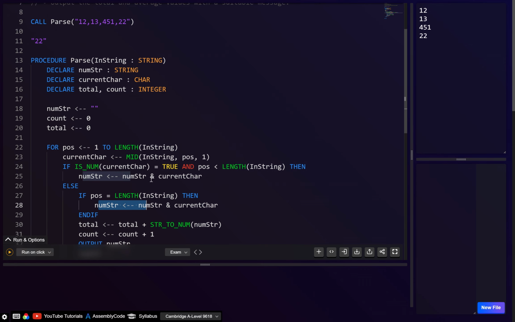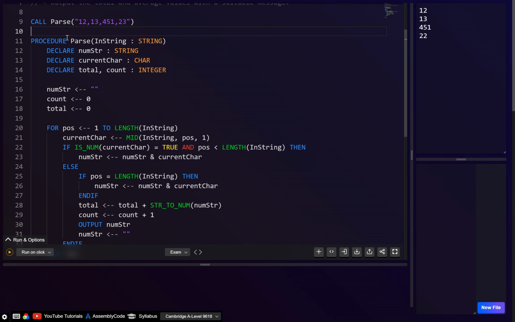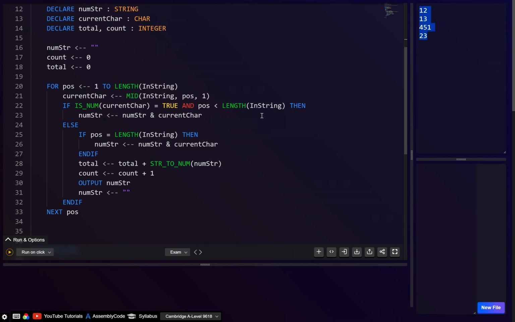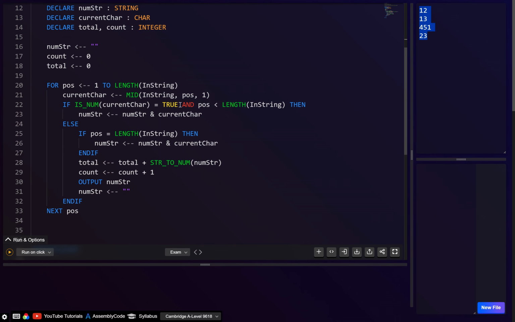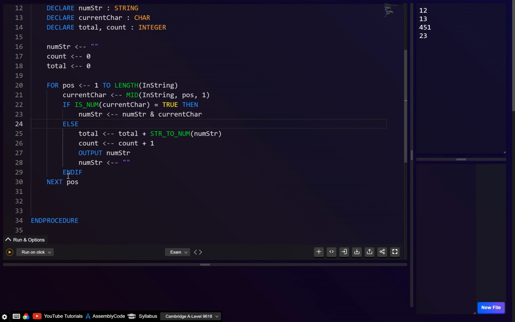So let's run this and see if it works, and maybe I'll change it to 23, so we can actually see a difference here. Okay, so we see this works. Now again, this is one way you can do it. Another way we can do it is after the loop. So let's delete this, and here we can do something like this. We'll go, if the